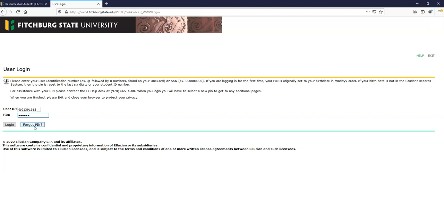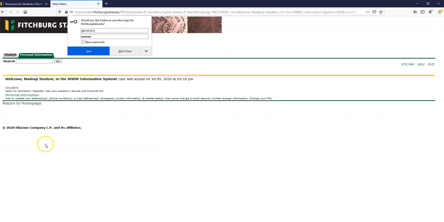Please note, if this is your first time logging in, Web4 will tell you that your default birthday PIN has expired and you will be asked to create a new password PIN, which will need to be at least 6 characters. Once logged in,